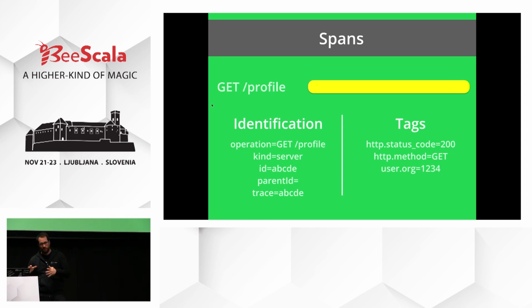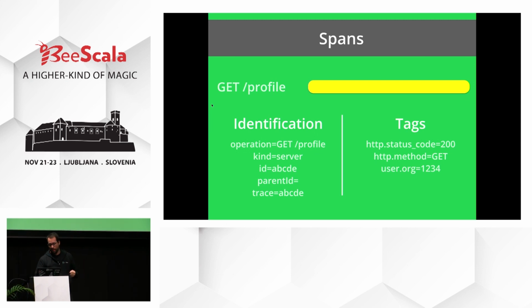So you have this identification side on the span, and then some tags. These tags are, again, just key-value pairs with whatever information you want to put there to help you debug. When you get a problem, these are awesome because they help you. If you use a tag to put, for example, the SQL query that you sent to a database, that's awesome. If you have a customer ID and you put that as part of a trace, then you can see what happened when my super awesome client A had a request and it failed. So you can get that level of detail when you're using traces just by adding tags to spans.